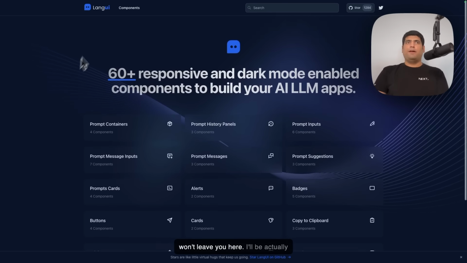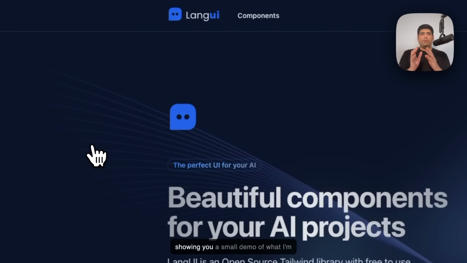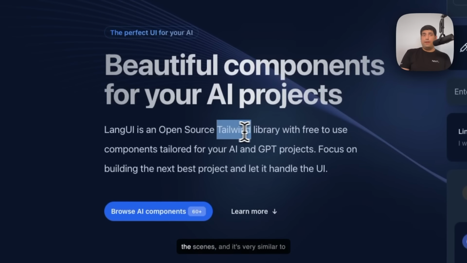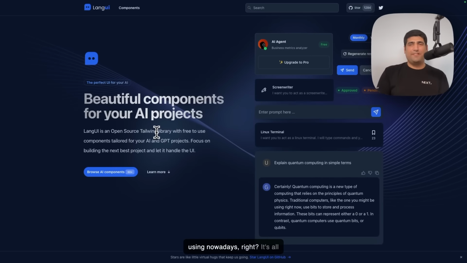I won't leave you here. I'll be actually showing you a small demo of what I'm working on. And for that, I'm using Lang UI. It's a beautiful components library for your AI projects. If you want to build a clone for ChatGPT, you can use it. It uses Tailwind behind the scenes, and it's very similar to ShadCN UI, which we are all using nowadays, right?